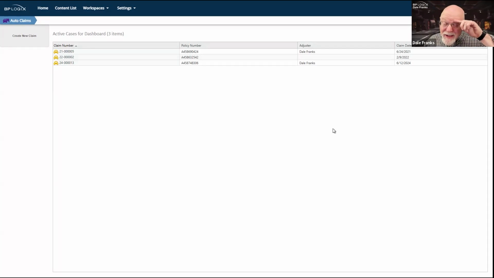Now, in this case, it is a little more complex because I don't actually have any navigation. I don't have any other places to go from my case workspace. But again, this is a training workspace, so it's not a real world thing. All I really need is access to my existing claims and the ability to create a new auto claim. And that's fine. Do I need an entirely separate workspace for this?